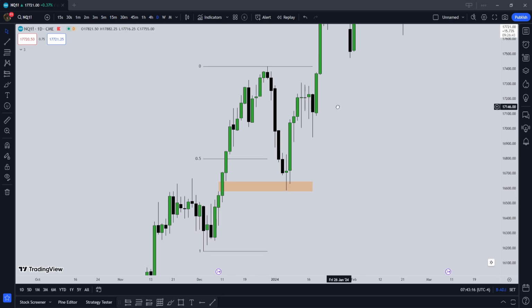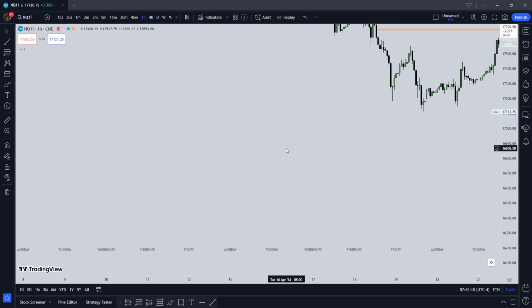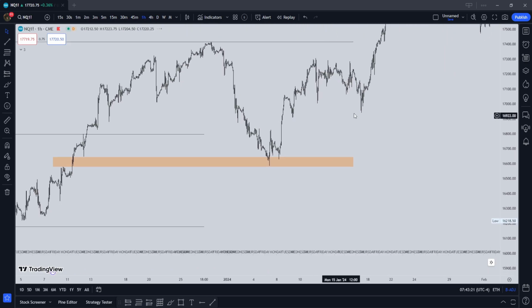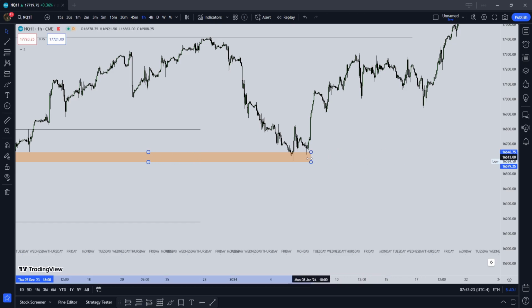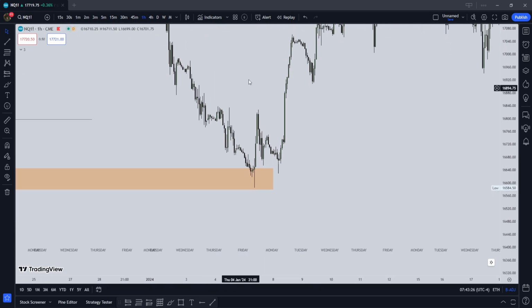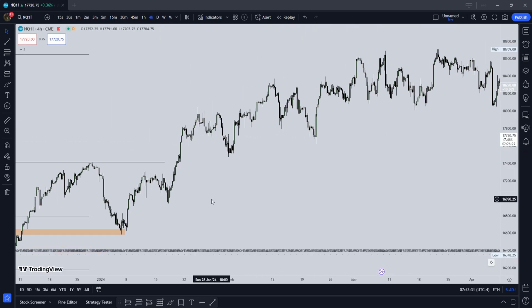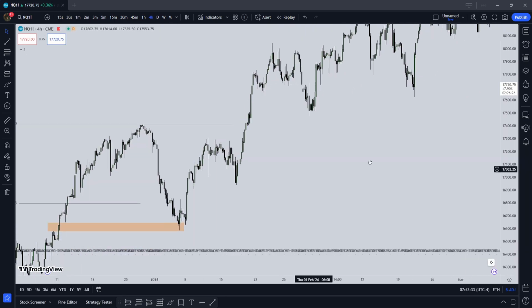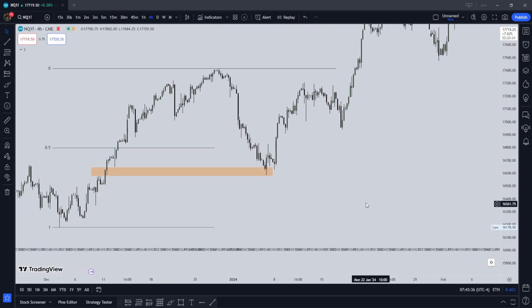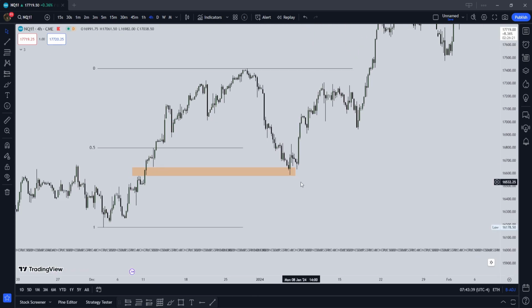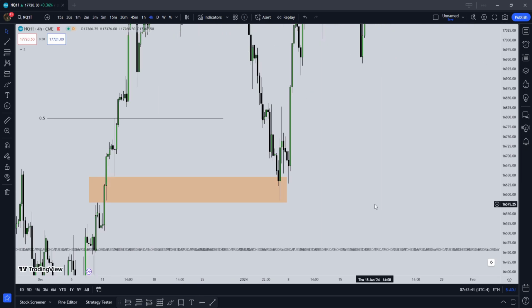The lower time frame for a daily will be, in my opinion, an hourly time frame. So I would look for an hourly time frame displacement with a fair value gap. It will be good on the 4 hour as well, in my opinion. Price comes down into the BC, which on the 4 hour time frame has sell side liquidity. So just to let you guys know,